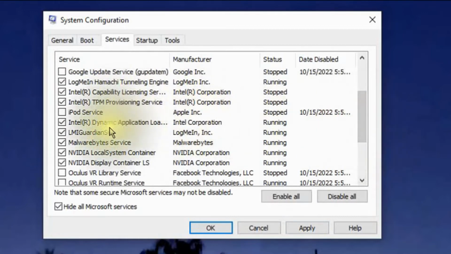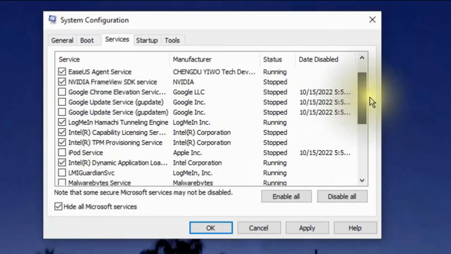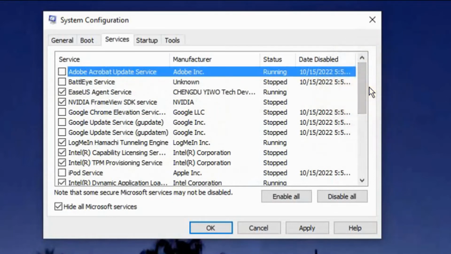But like I said, go through the list, make sure that your Intel processor or your AMD processor items are turned on, your video card items are turned on, and your input devices. So if you have a microphone that you use with your game, make sure that's on. If you have a mouse or other things that the software is specific for your particular gaming mouse or gaming keyboard, it's best to leave those on.